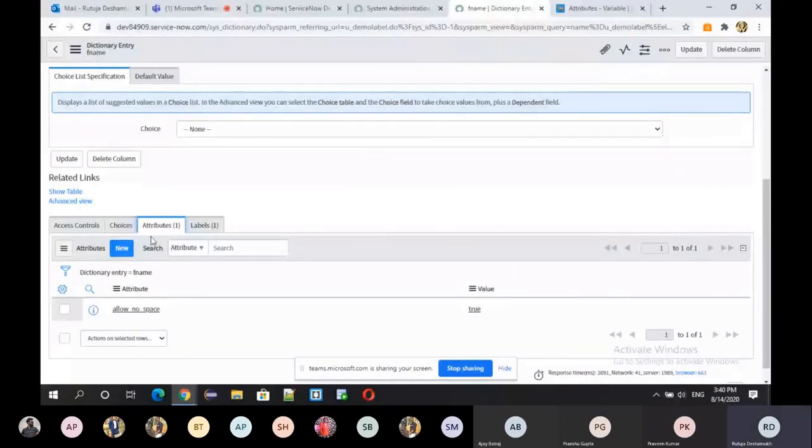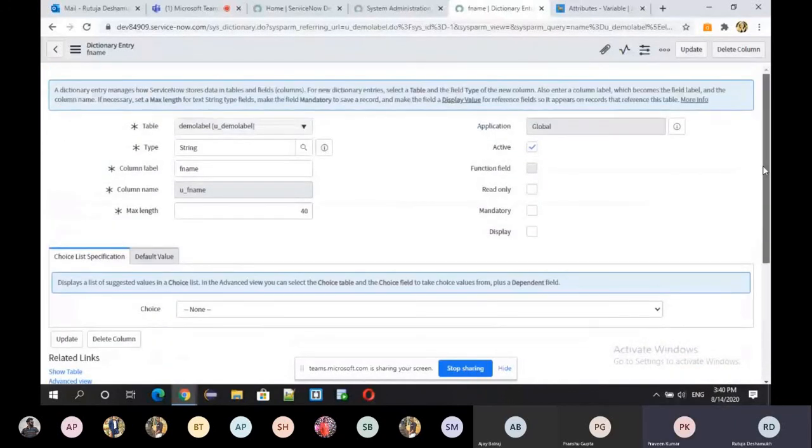Here I am getting that this attribute is added. When I was adding the attribute, I haven't found this attribute, allow no space, so I created it and then added it to this table.